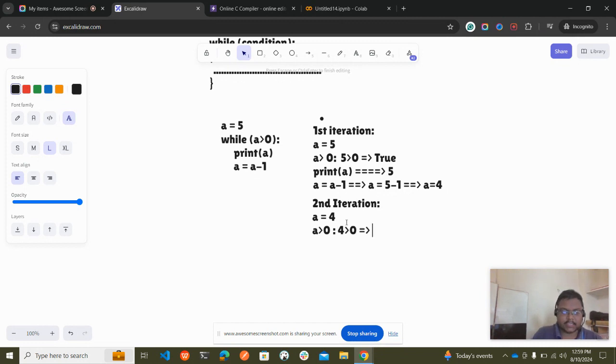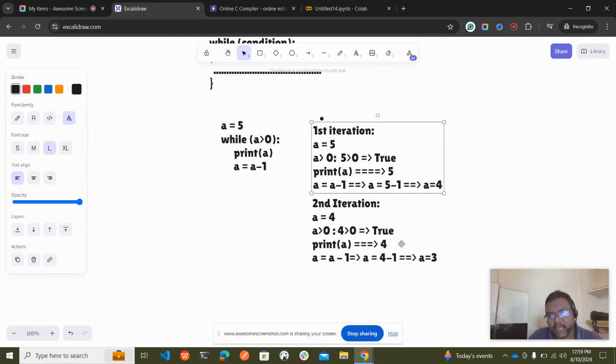Then we print a, which means we get the result 4. Then a is equal to a minus 1, which means a is equal to 4 minus 1, which gives a is equal to 3. So now we have printed 5 and we have printed 4.